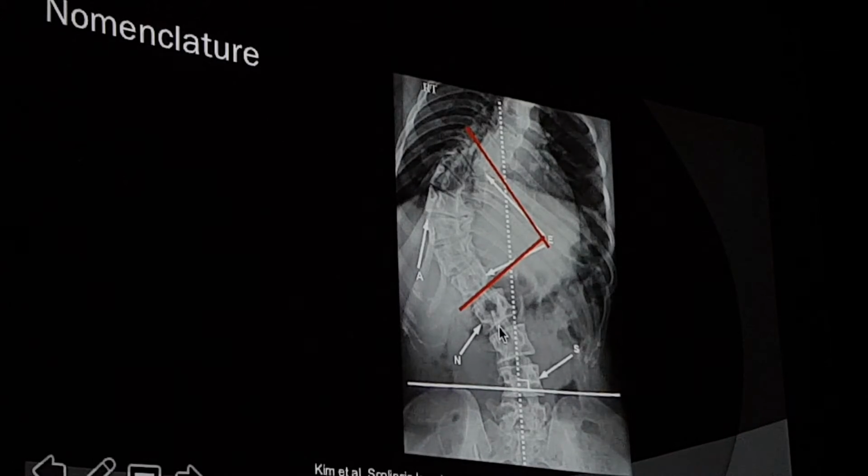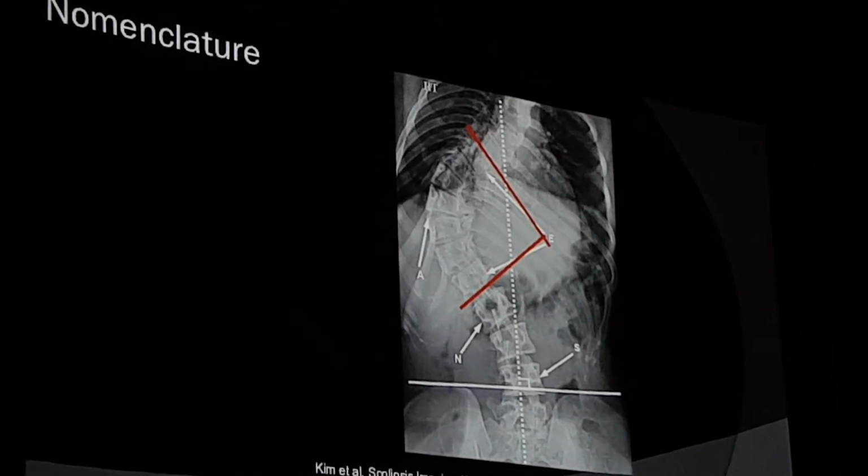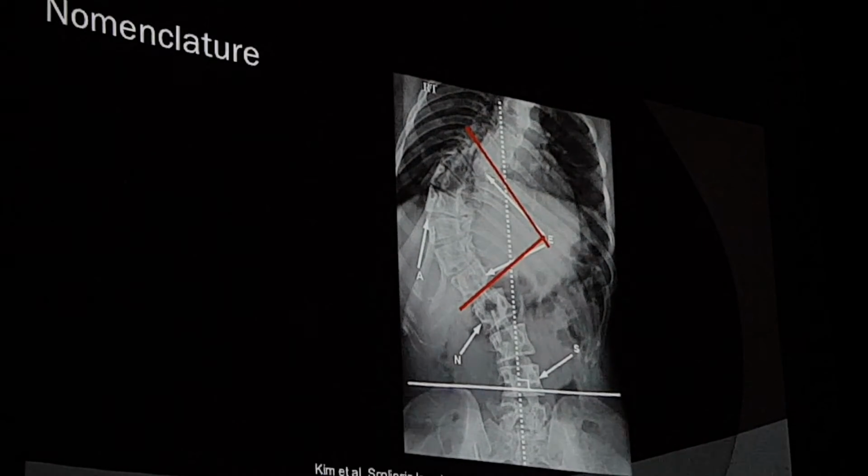So when in doubt, just draw multiple lines. You can draw multiple lines across your vertebral end plates. And then you look which one is more angulated. And this is easy. So from here, you just get the angle. That's your Cobb's angle. But this is easy because it's a very severe